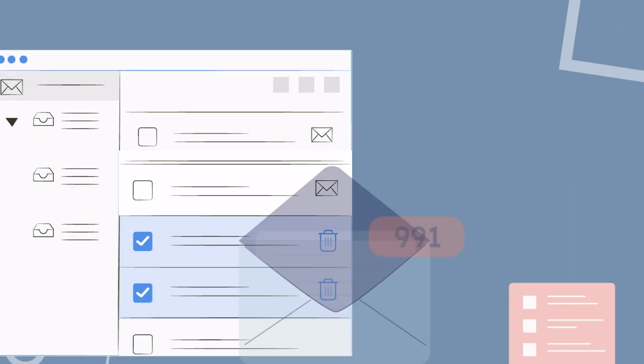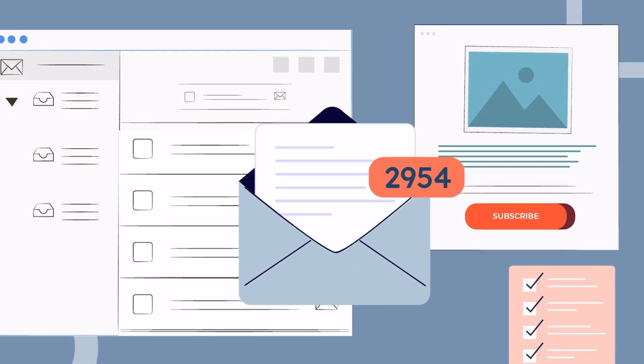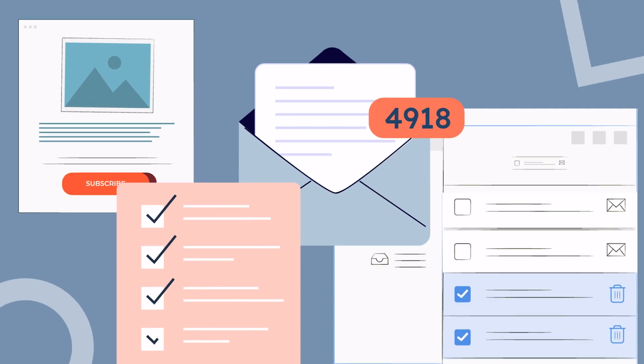Low open rates, low click-through rates, and high unsubscribe rates. Although there could be many reasons for these issues, there's a chance that it might be from this one thing: organization. Email marketing requires a lot of attention to detail, and staying organized with so many moving parts can be tricky. That's why in this video, I'm going to share 3 tips to help you stay on top of everything,